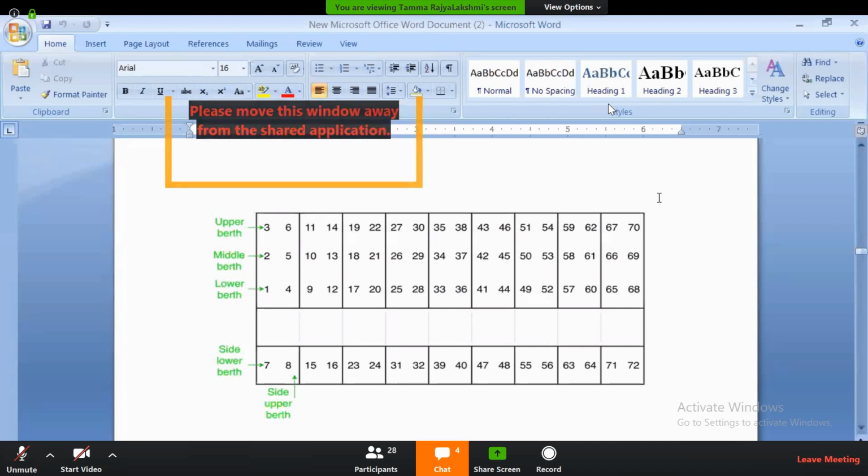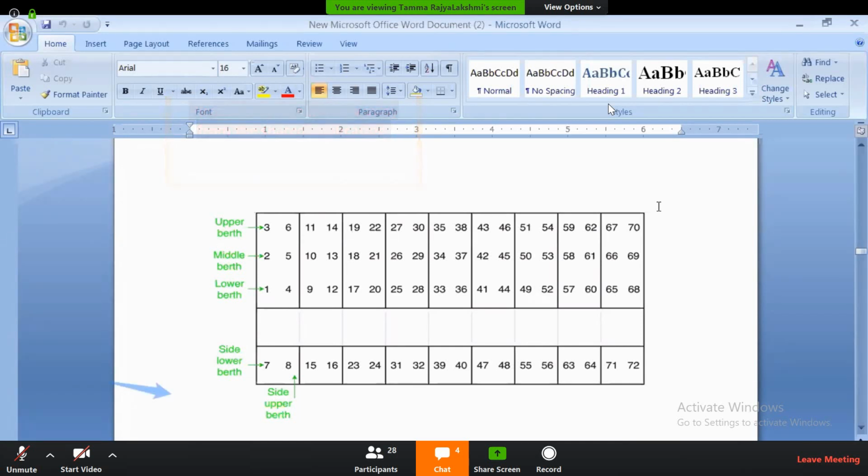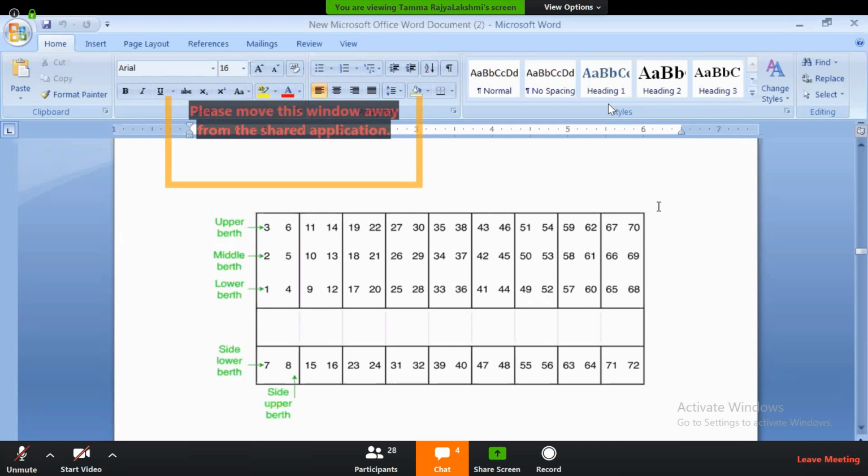Any idea? Please think for 1 minute. The seating arrangement in our railway compartment is just like that. When you enter the input, suppose 50, the output printed is middle berth. So how do we solve this problem? If you have any idea,